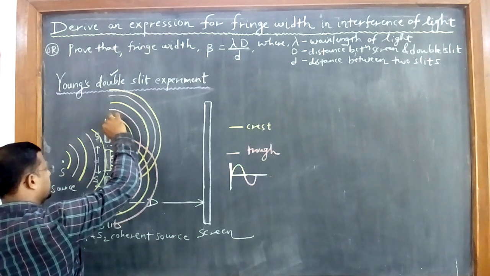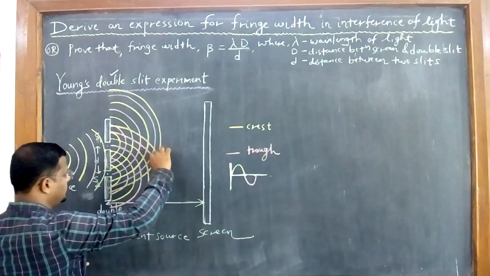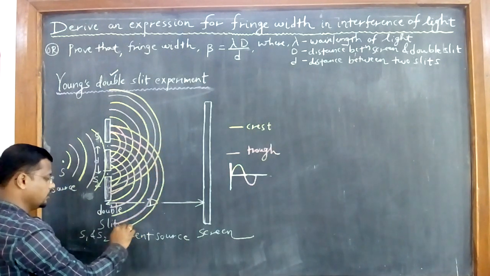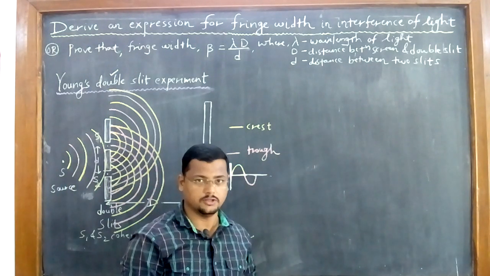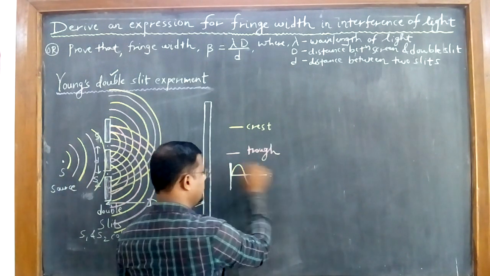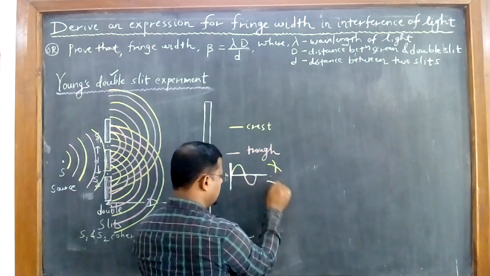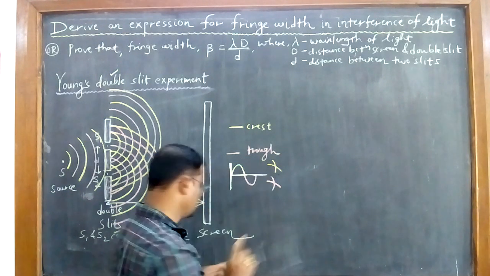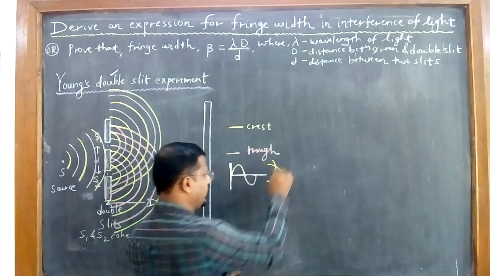Means you will have the brightness where the crest and trough will meet, and you will have the destructive interference, means you will have the darkness where the crest and trough are meeting each other. In short, whenever in this diagram I get this type of case, it leads to brightness. Why brightness? Because crest is falling at crest and trough is falling at trough.